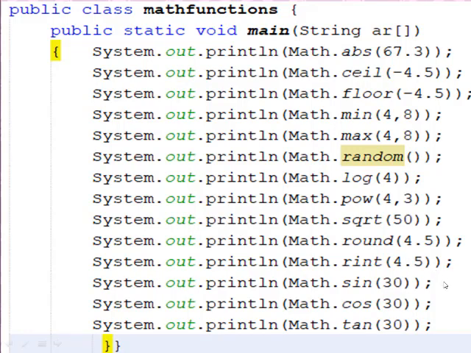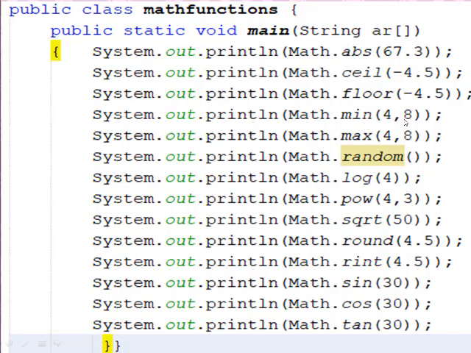Now if you type it in the Java editor, these are the syntaxes you can see for using the functions. So Math.abs can accept any decimal value, positive or negative. It will return the value without the sign. Math.ceil will return the upper value of the given number, and Math.floor will return the lower value.